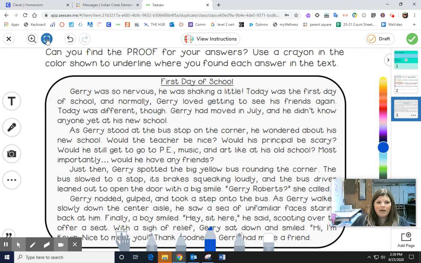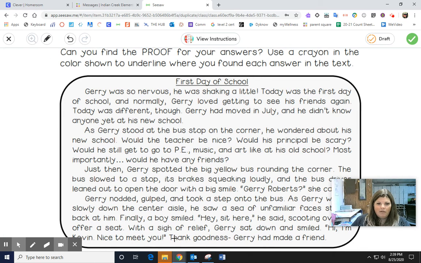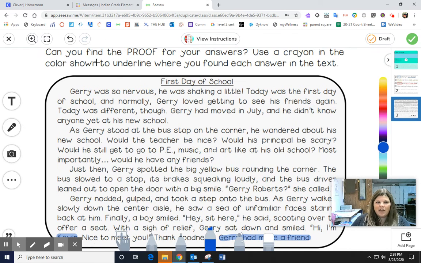And if I click this button right here, it gets rid of these other tools, so they're not in my way. Oh, here it is. I'm Kevin. So Kevin, Jerry had made a friend. Kevin. Very nice. So that's it for that question.